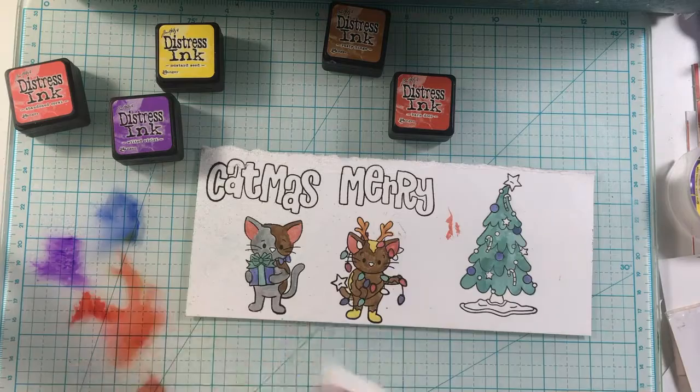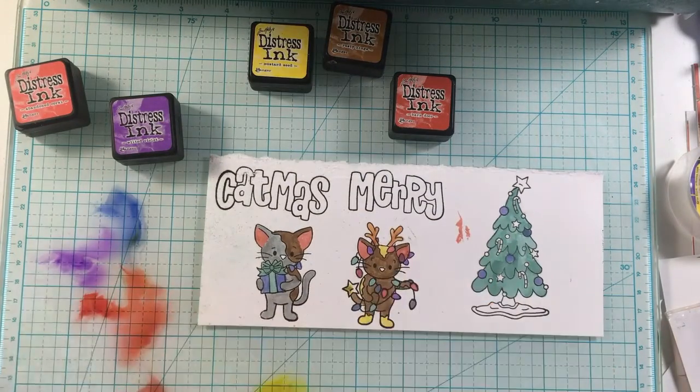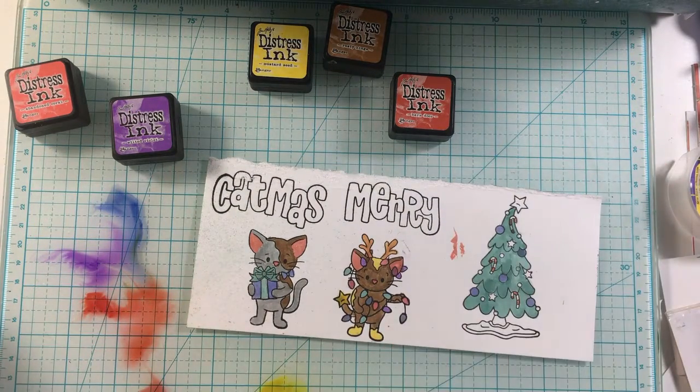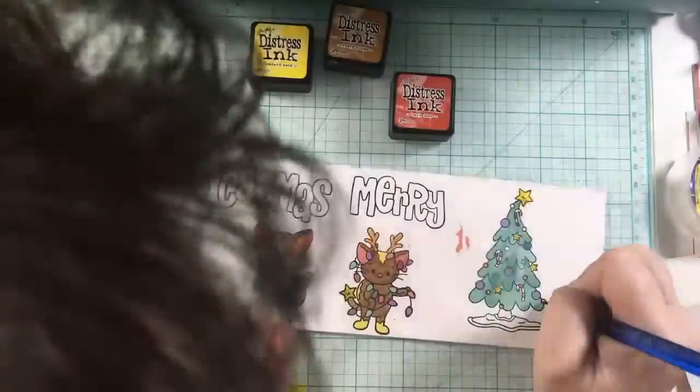You can see the Distress Ink minis there. I just love to use these, and I just take the ink and I smush it onto my glass mat and spray it with water and then watercolor. I also just recently got the Waffle Flower